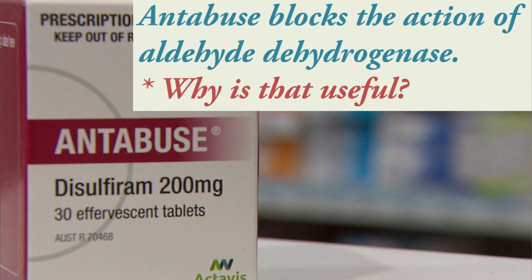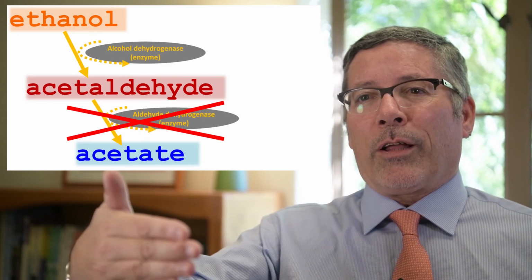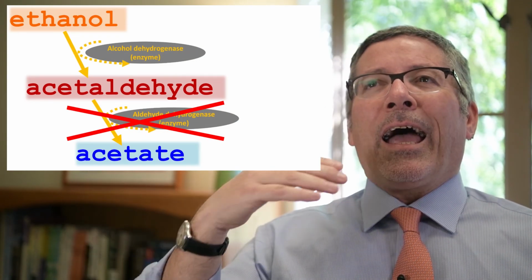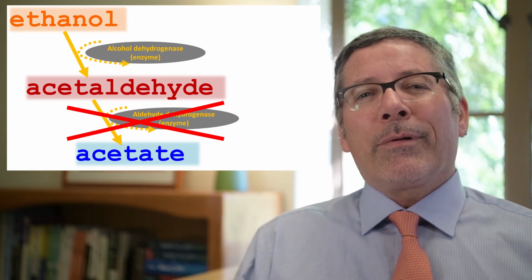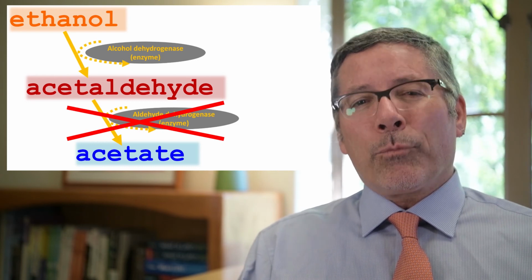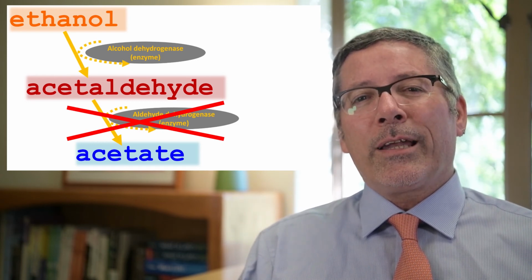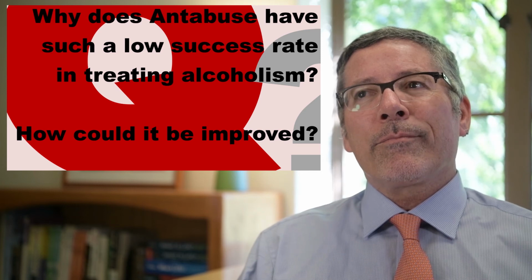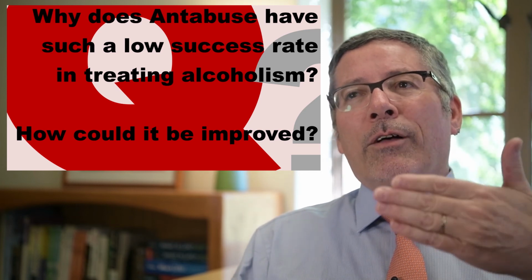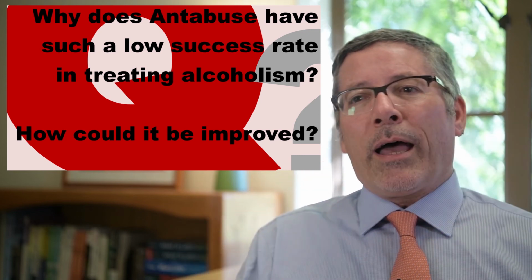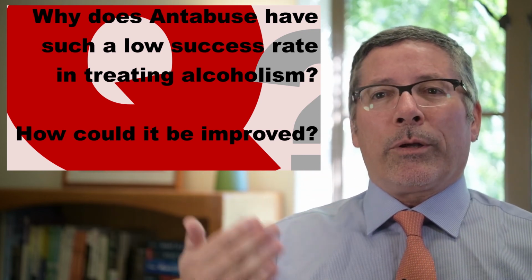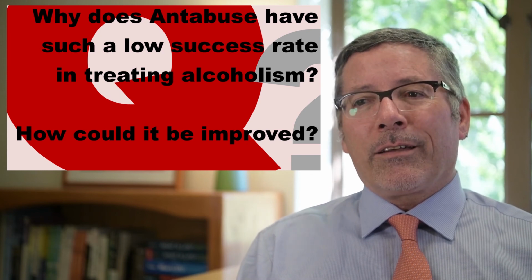Why is that useful? Well, if you block the action of aldehyde dehydrogenase, essentially you're making someone into a fast flusher. And we know that if you're a fast flusher, it's not reinforcing to drink, and your likelihood to be an alcoholic is reduced. Seems great, right? Except that antabuse doesn't really have a high success rate at treating alcoholism. Why do you think that is? Well, think about it. If someone is an alcoholic and they have this reinforcing situation when they consume ethanol, now you take a pill that makes you sick when you consume alcohol, they don't take it.